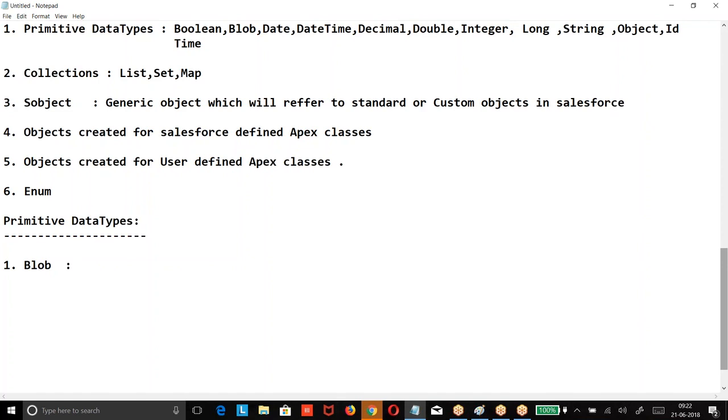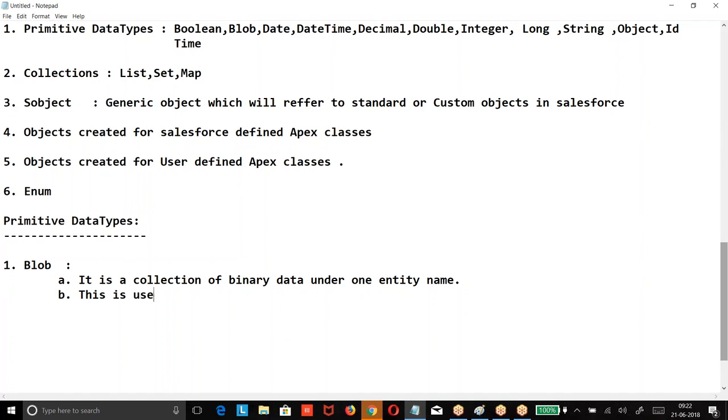So what is a blob? It is a collection of binary data under one name, one entity name.